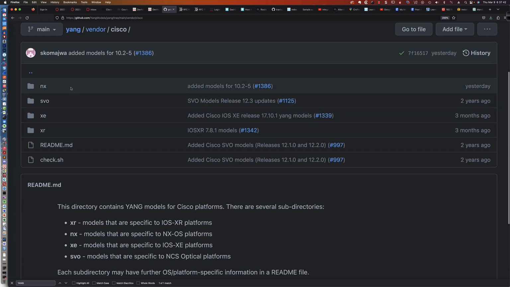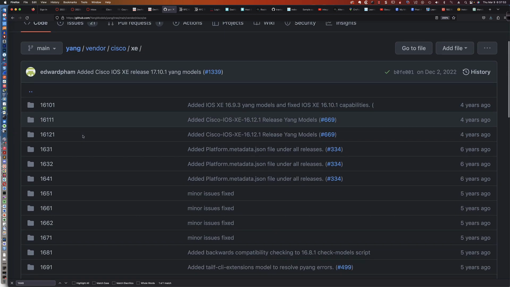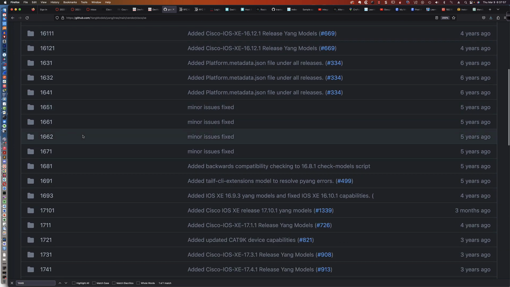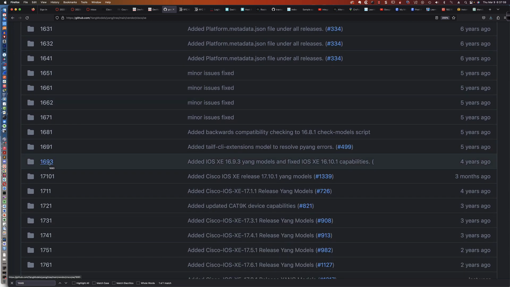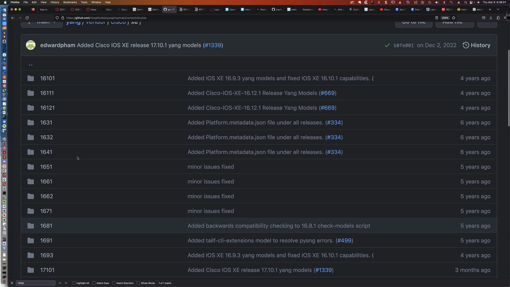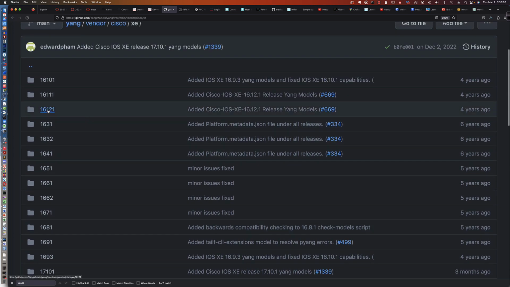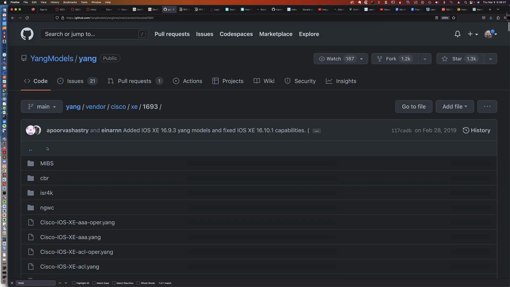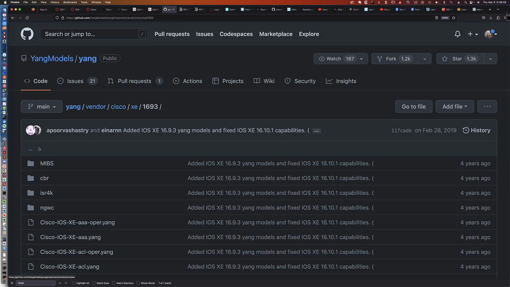Cisco looked at the general open Yang model and said, well, we're going to do one for NXOS and iOS XE and iOS XR. Okay, well, let's dive into the iOS XE, which is where the lab is taking us. Now, the lab is telling us they want us to look at 16.9.3. And again, if you just scroll down here, here's 16.9.3. Now, we're using Gibraltar, the 16.12 code, so you could look up here. But again, we'll just take a look at 16.9.3 because at the end of the day, they all look pretty